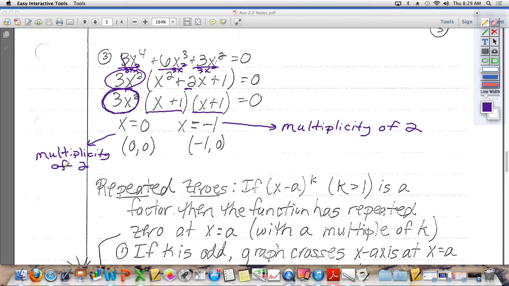All right, well the next thing we're going to talk about is repeated zeros. That's exactly what we just talked about with these multiplicities. 0 is a repeated 0, so it has a multiplicity of 2. What if that was a 3x cubed in this part right here? What would the multiplicity be then? 3. It'd be multiplicity of 3. Thank you, Marcus. Yes. All right. So,